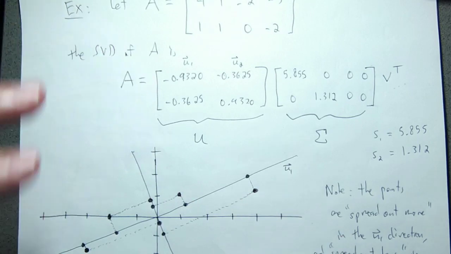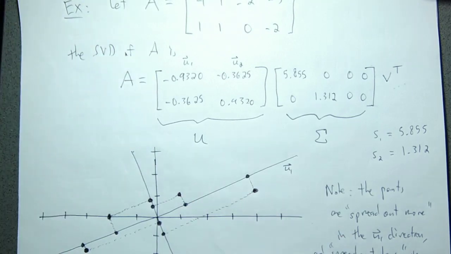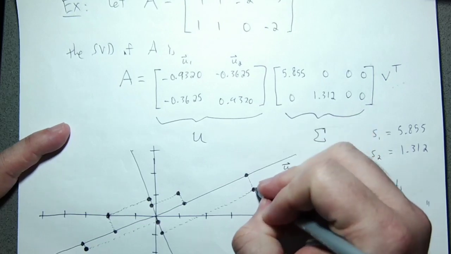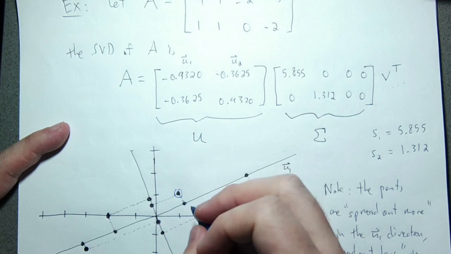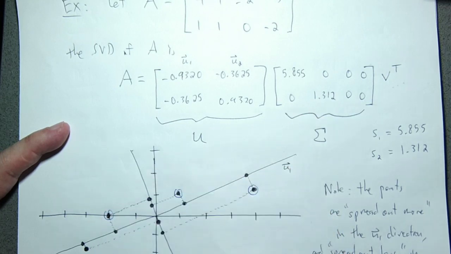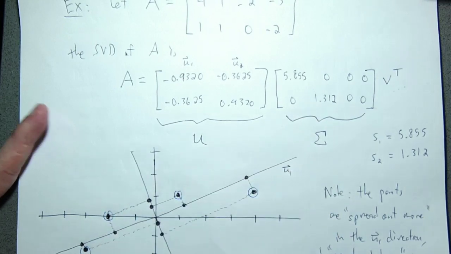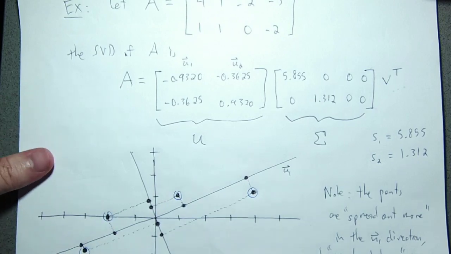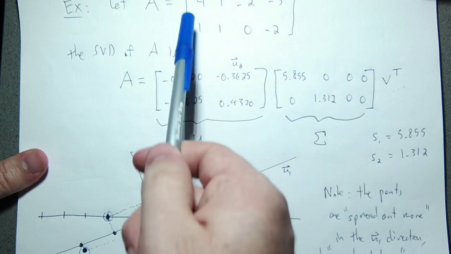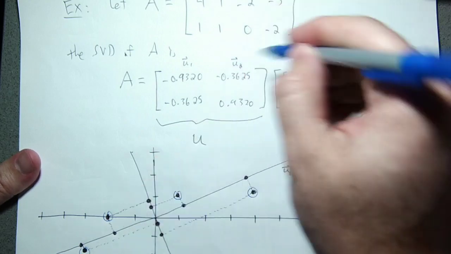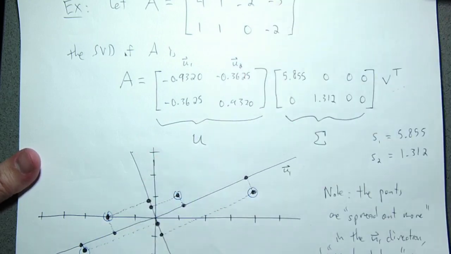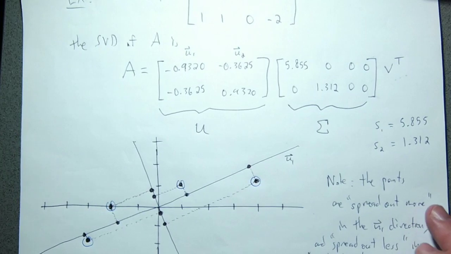I know it's hard to see, maybe I'll circle them here. So this was one of my original data points. This is another one. This is another one. And here's one more. So there are my 4 data points, corresponding to thinking of the columns of this matrix A as being those 4 data points. So there they are. I've circled them in blue. And so these lines that I drew in were